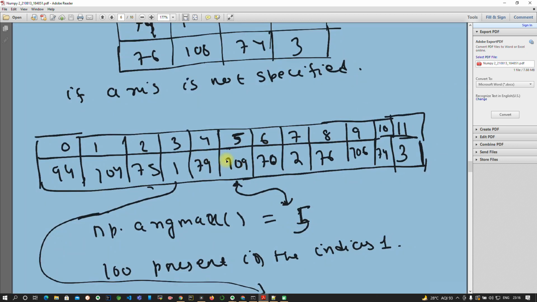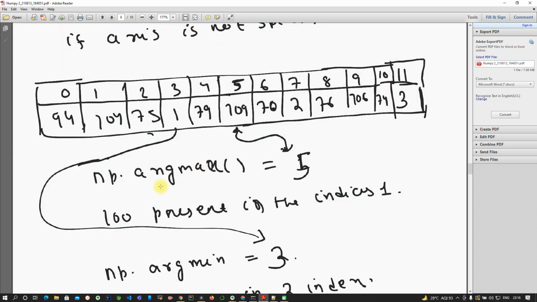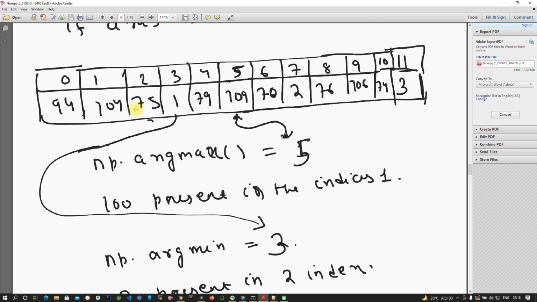The maximum element is 109. What is the index of 109? That means 5. It will print 5. Similarly, if I print np.argmin without any axis, the minimum element here is 1, so it will print the index of 1, which is 3.